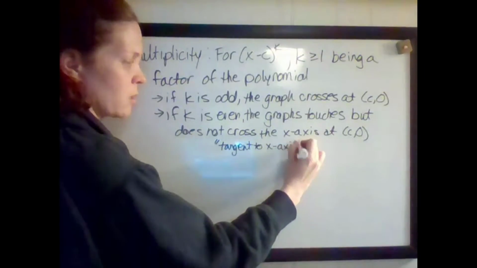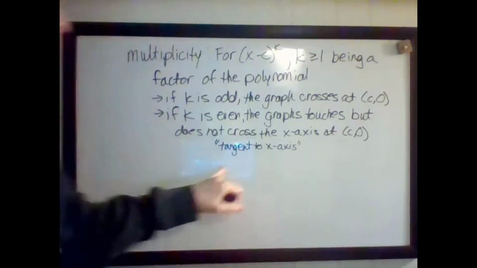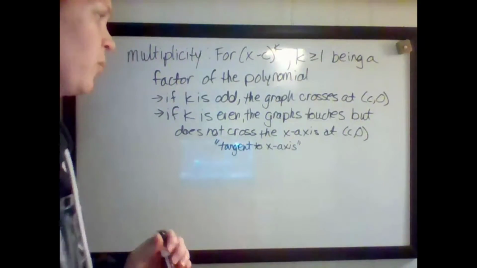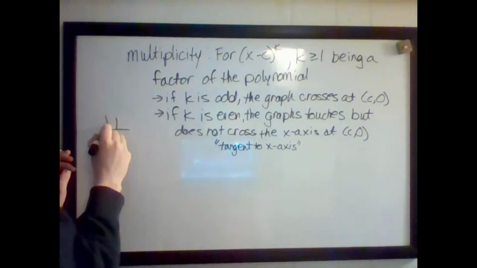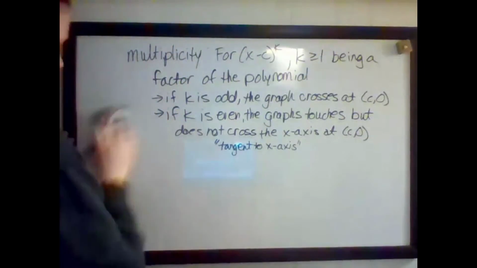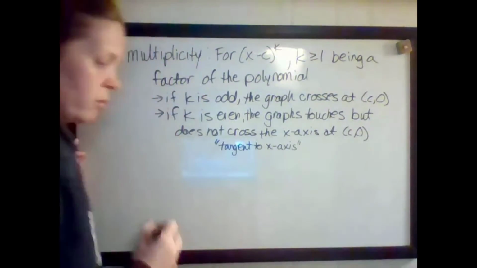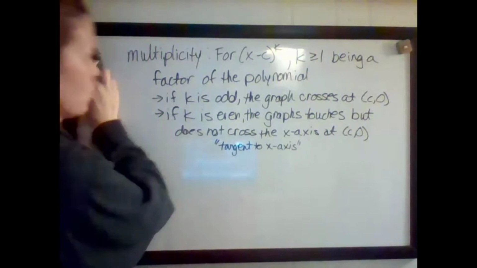And not just because of the x-axis, but anything that touches a point and then bounces back up, we would say that it's tangent to that line, in this case the x-axis. So that means it's going to come down and bounce back up. It's going to touch right at that point, but bounce back up. So for example,